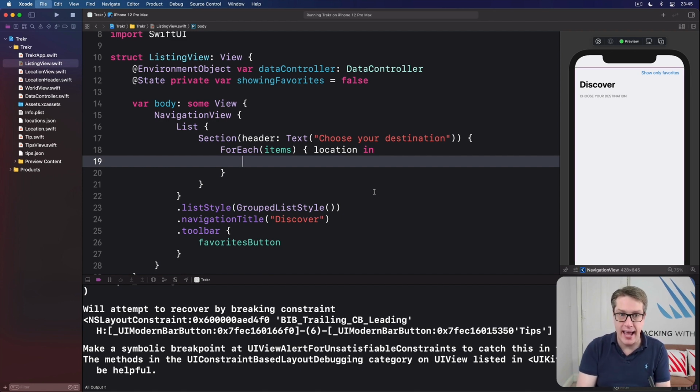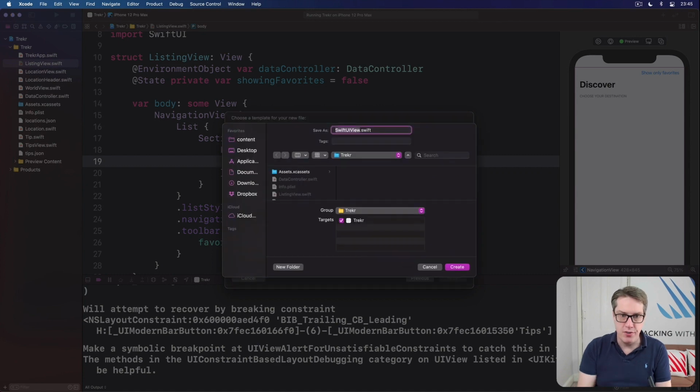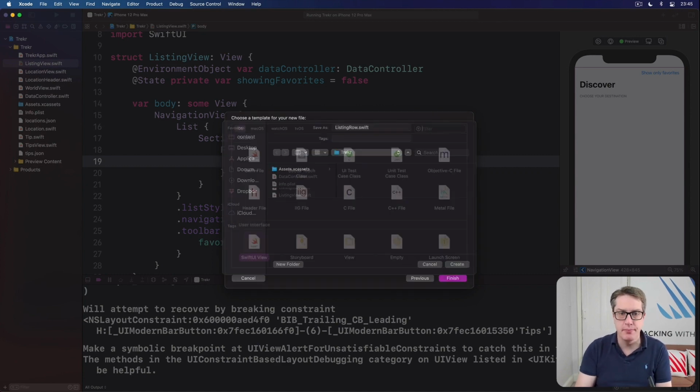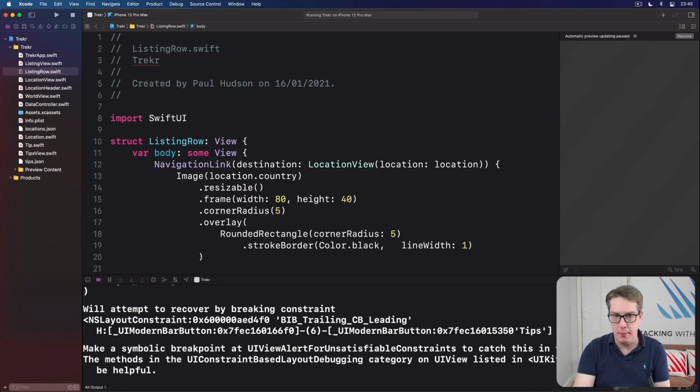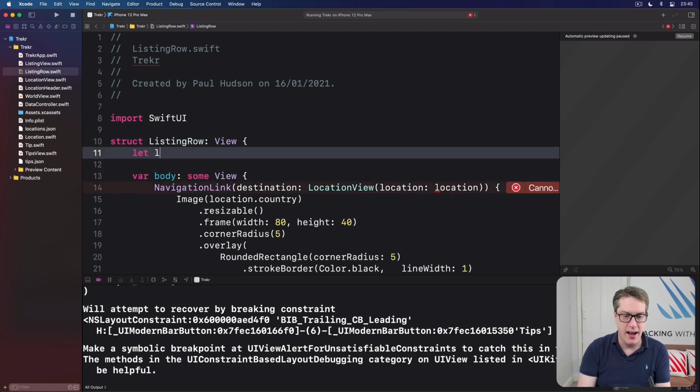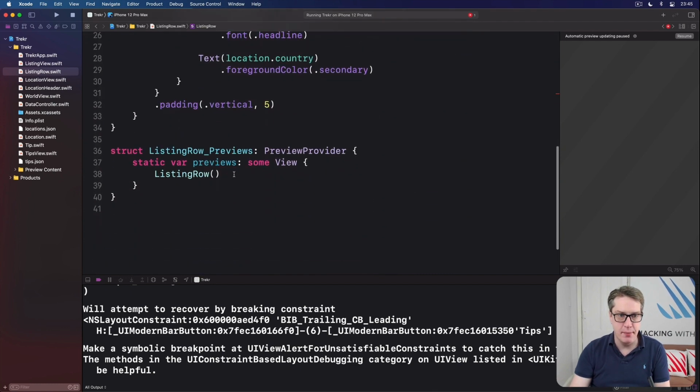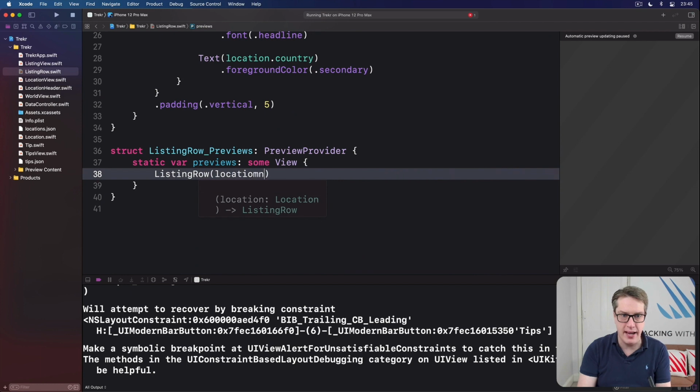So again, Command N, new file, SwiftUI view. I'll call this thing ListingRow. And I'll just paste all that into the body property like that. And now we've got to add the location property so it knows what to show. So I'll just say, let location be a Location. Pass one of these in my example down here again. Location is